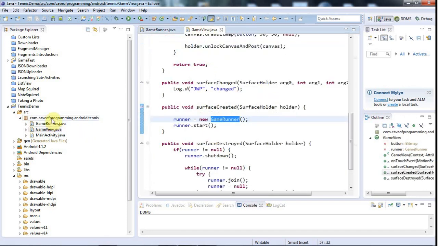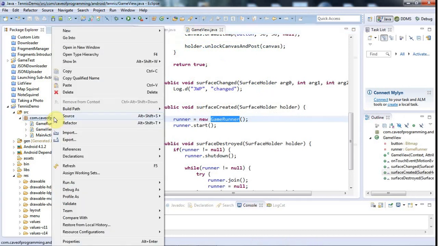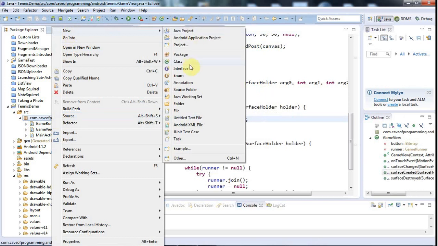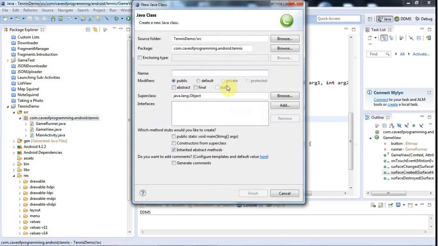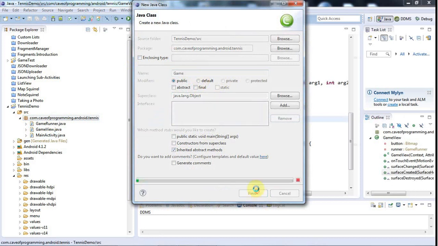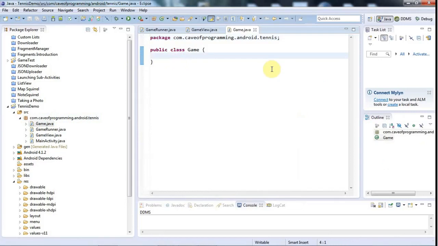So I'll right click the package here, and this structure is slightly arbitrary and not necessarily the absolute 100% best way to do this, but it seems like a way that's reasonably simple and reasonably quick and not too badly structured. So I'll call this game, and I want my game to have several phases to it. We're going to need to have a constructor,